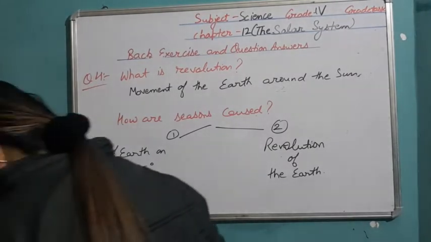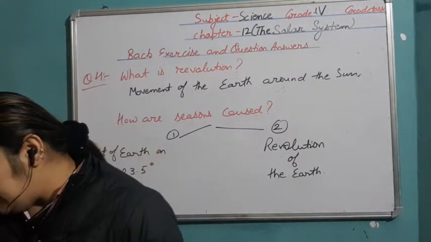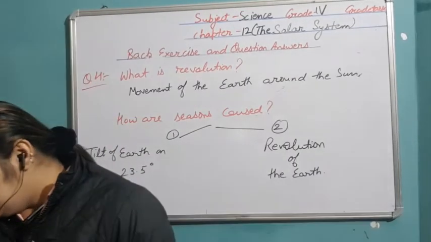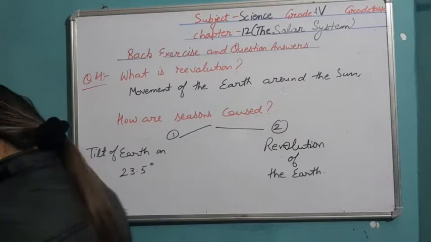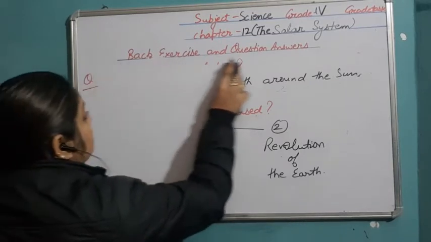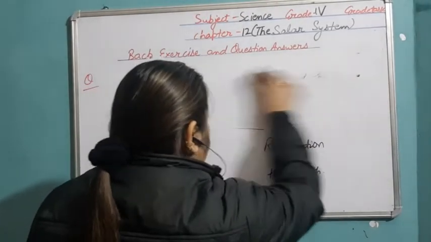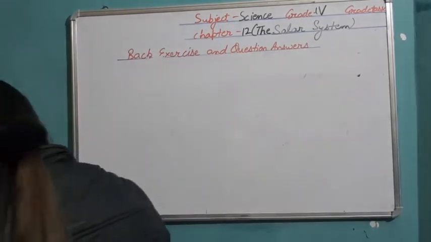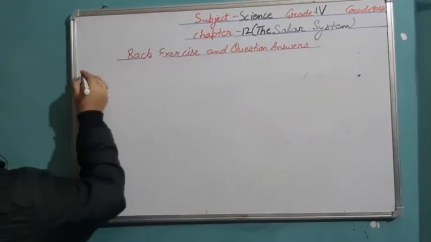Question 5, with the help of a diagram explain how day and night are caused. That I have already explained with question number 1. Question 6, what are satellites? Name the natural satellite of the earth. Question number 6,